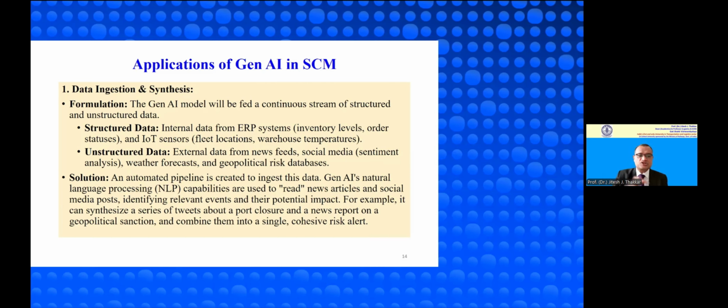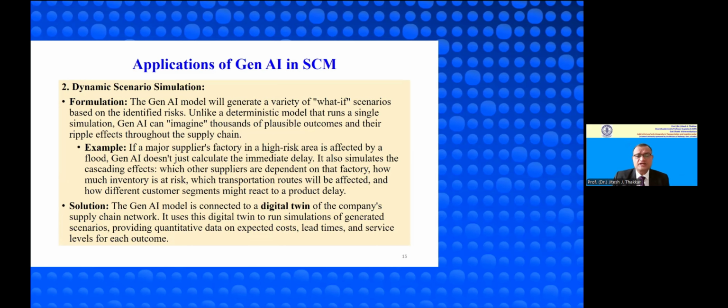Gen AI's natural language processing capabilities are used to read news articles and social media posts, identifying relevant events and potential impact. It can synthesize a series of tweets about a port closure and a news report on a geopolitical sanction and combine them into a single cohesive risk alert. The second stage in this real life case is to